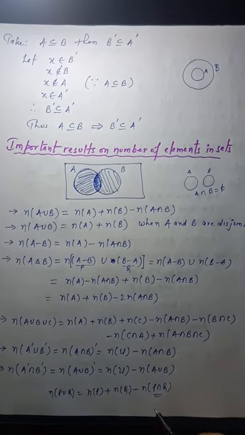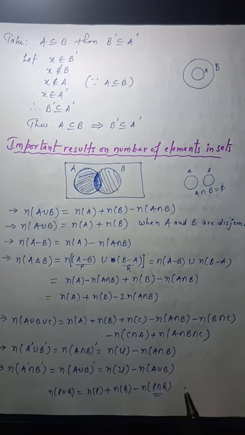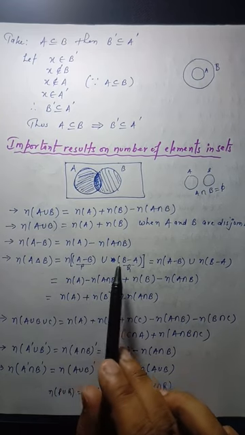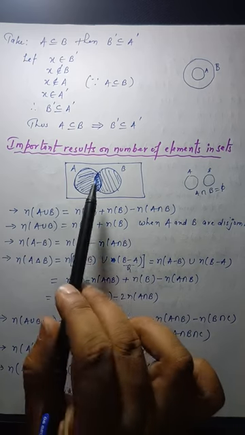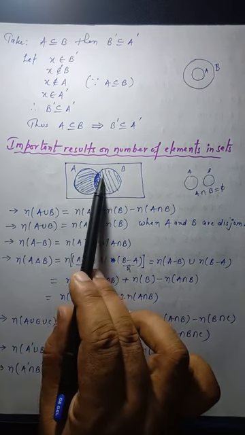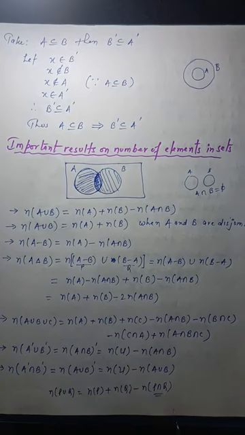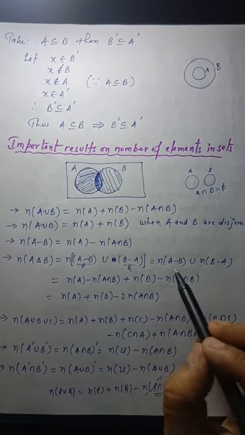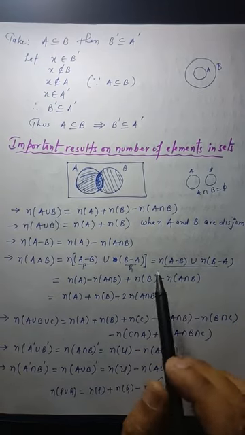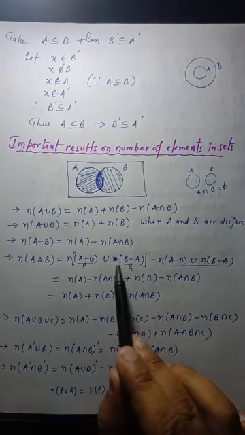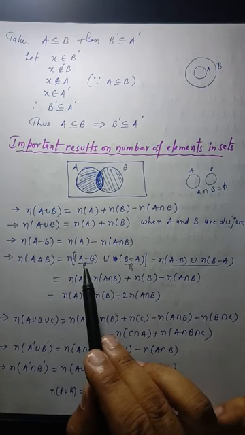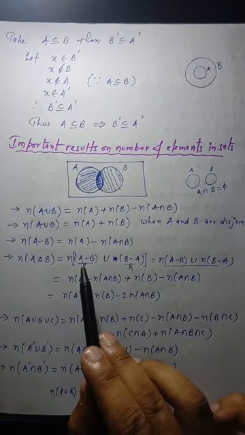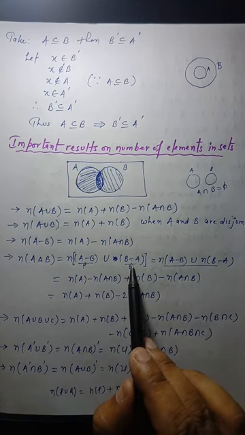Right? So this P intersection Q means A minus B intersection B minus A. And we already know this is A minus B part and this part is B minus A. So there is no common part. So here this portion will be phi. So this will become 0. So that's why n of P union Q will be n of P plus n of Q. So ignore this part, just focus here. So n of A minus B union B minus A, we are writing n of P plus n of Q.